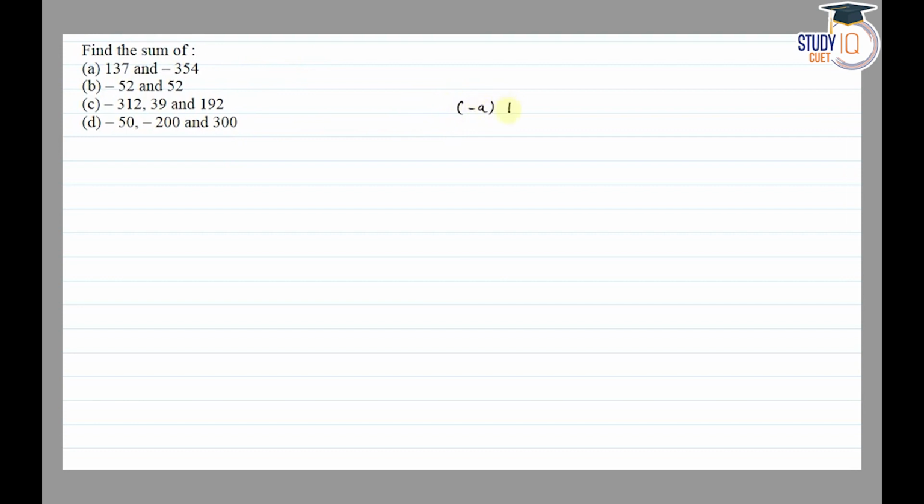minus a plus a is equal to 0. Means एक नंबर के पॉजिटिव और नेगेटिव साइड को अगर हम ऐड करें तो उनका सम 0 होता है. सो ए है 137